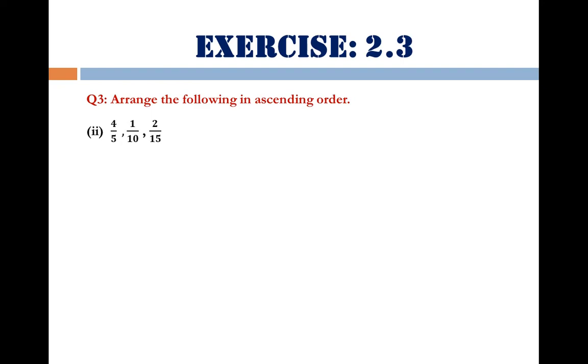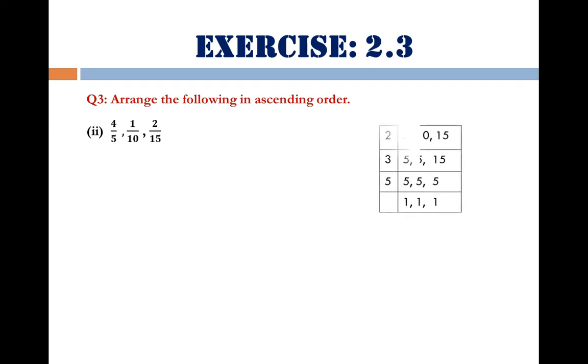Again, at the start of the solution, we need to take the LCM of the denominators, that is number 5, number 10 and number 15. Process is explained on the right hand side. Working is shown by starting from prime number 2. 5 remains same, 2 5s are 10 and 15 remains same. Next can be divided by 3. So we have 5 remains same, again 5 remains same, whereas 3 5s are 15, and next by 5 we have the completion of this process of LCM by prime factorization. Now multiplying 2, 3 and 5, our LCM becomes 30.